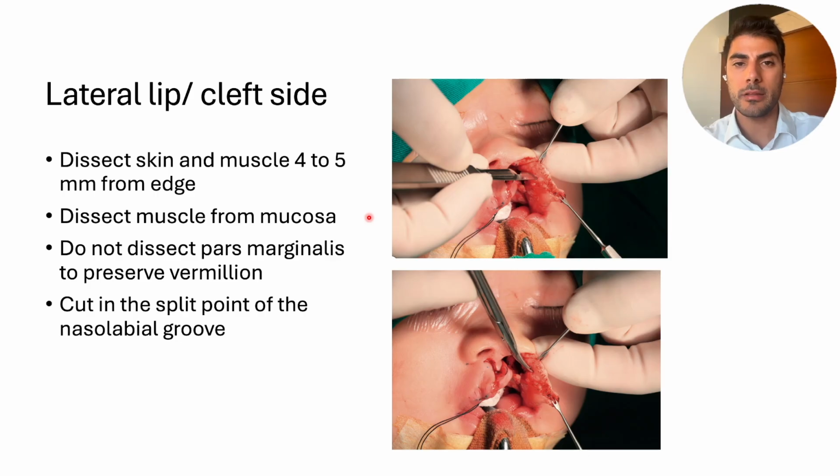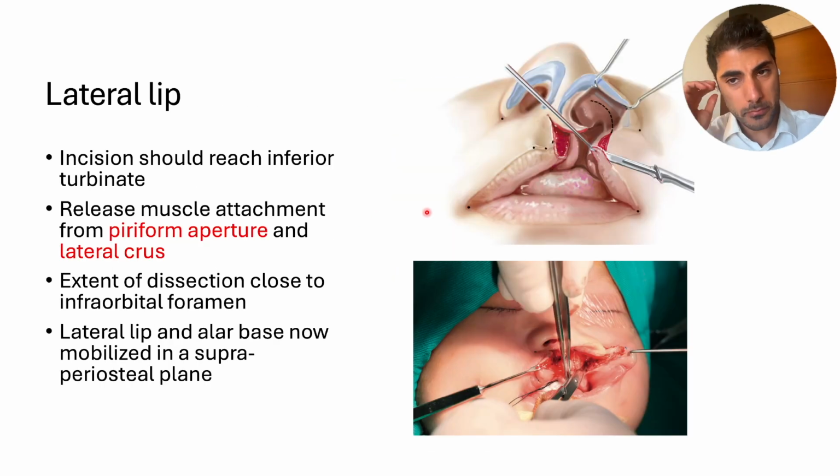As for the lateral side, so also what we do is a dissection. We can go up to 4 to 5 millimeters from the edge. So we can dissect the orbicularis oris muscle from the underlying mucosa and overlying skin. And then what we do is we want to start to cut in this groove in order to reach the lateral grooves. So here we can see the incision. Our incision can go up inside to reach the inferior turbinate, and we do this for